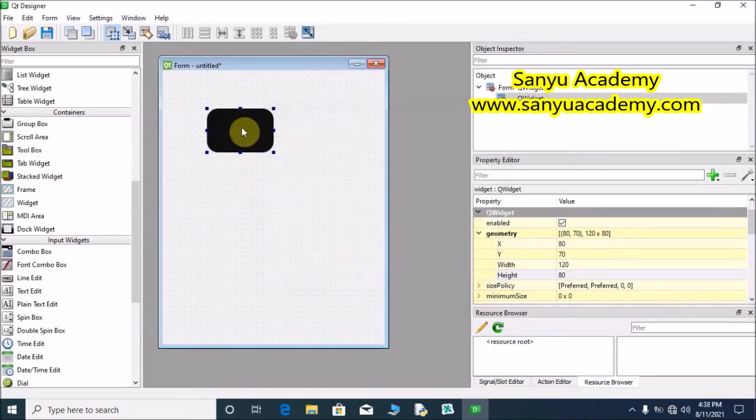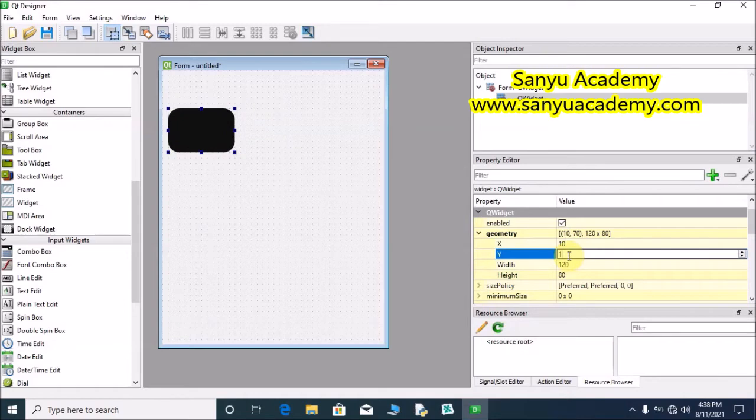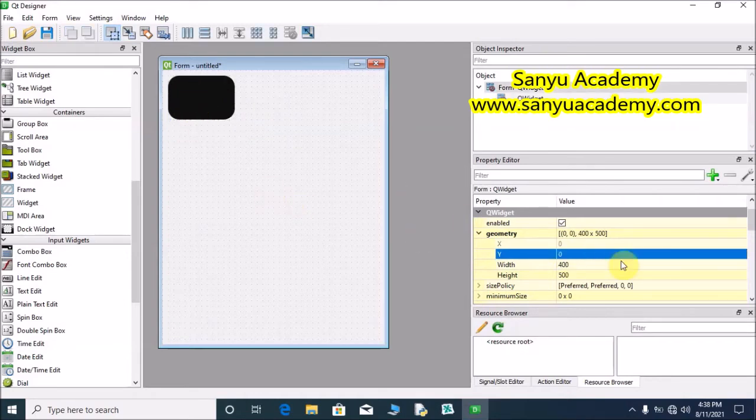Now we are going to place the widget in the top left corner and we are going to expand the widget to the bottom right corner. For that, select the widget and go to the geometry, X position 10, Y position 10. Now the widget will move to top left corner.